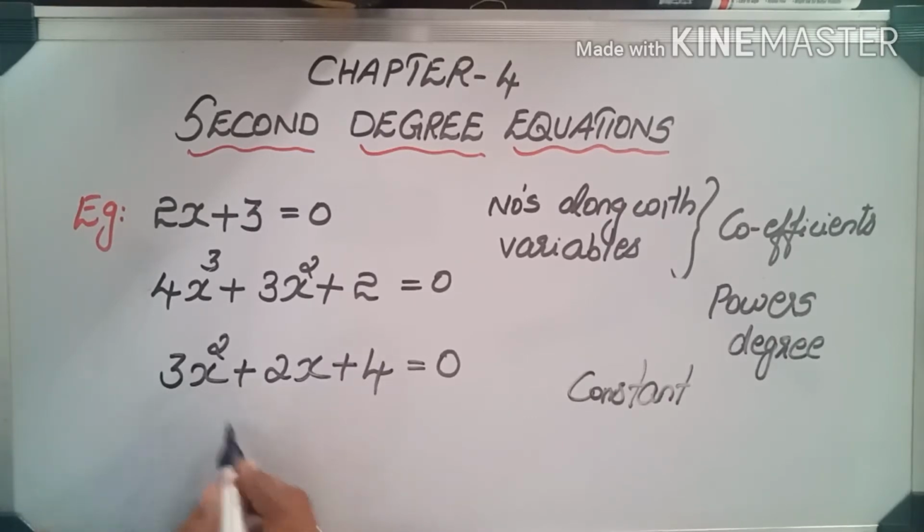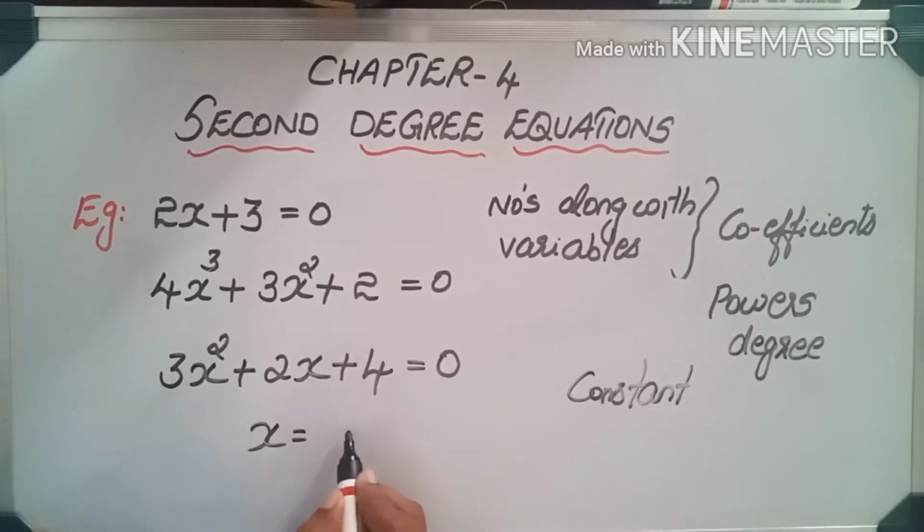That means for this value of x there will be two numbers. Okay, two numbers we will have for this x. And for this x cube, three solutions we will have. For a third degree equation, three solutions. First degree means only one answer will be there. Solution means that answer, the value of x.